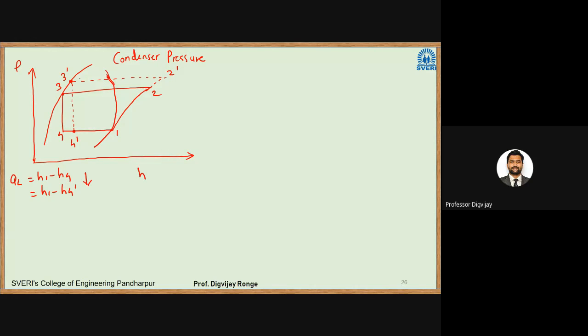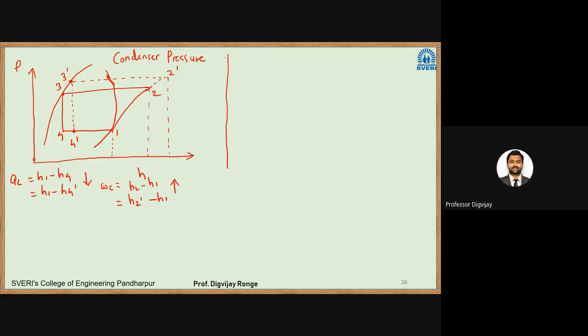आणि इथं जर बघितलं तुम्ही वर, तर 2 डॅश पॉईंट इथं आला, त्याची एन्थाल्पी इथं आली, समजा 2 ची एन्थाल्पी इथं आहे, 1 ची एन्थाल्पी इथं आहे. ठीक आहे. तर काय होणार आहे, आधी कॉम्प्रेसर वर्क तुमचं किती होतं, H2 मायनस H1, आता किती झालं तुमचं ते H2 डॅश मायनस H1, तर काय झालं या केसमध्ये वाढलं. So that what happens when we increase the condenser pressure, there is a reduction in refrigeration capacity and increase in compressor work. Second, I will take now